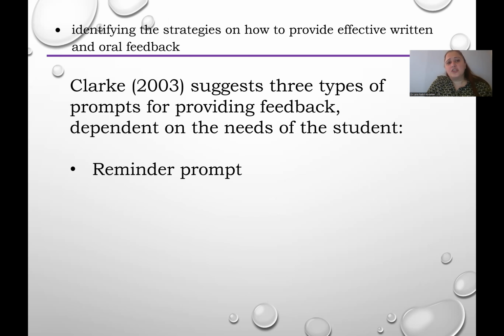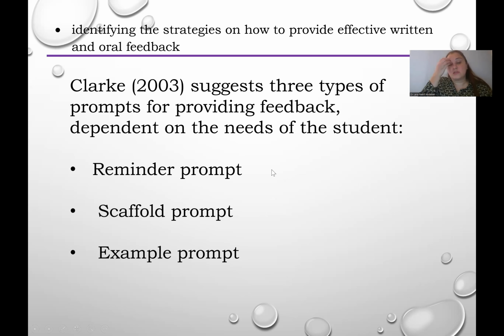The researcher Clark in 2003 suggested three types of prompts for providing feedback depending on the needs of the students. What are those prompts? The first one is a reminder prompt. What do we mean by a reminder prompt? A reminder prompt aims to